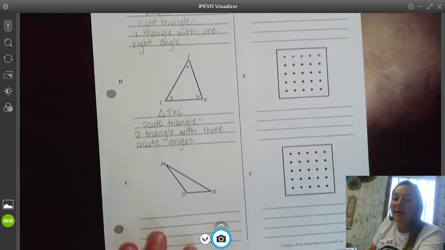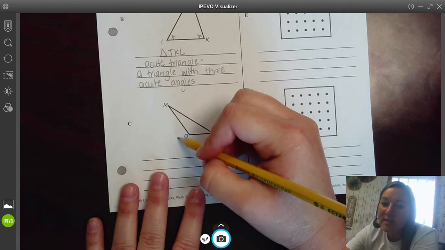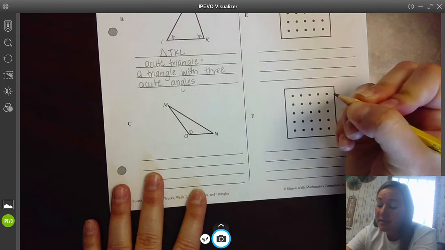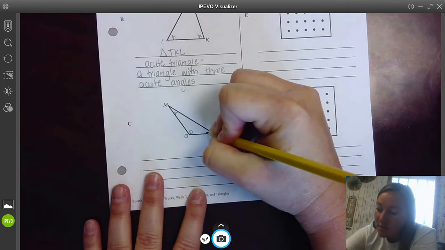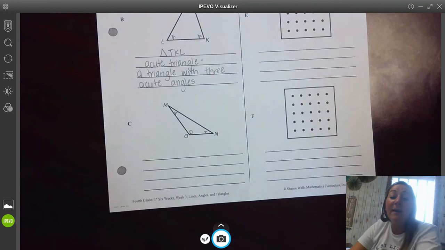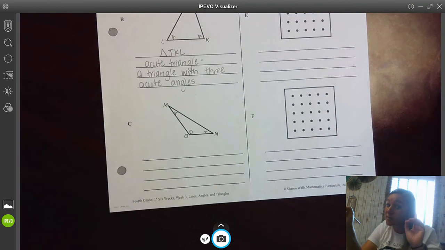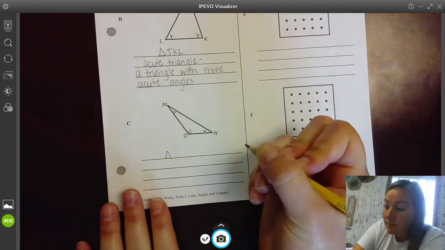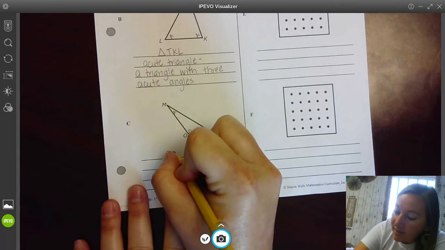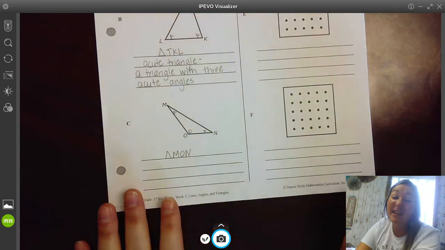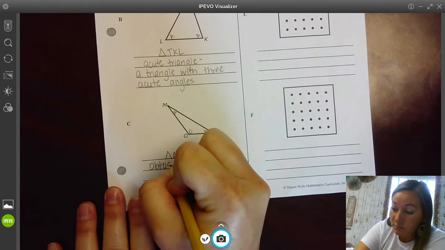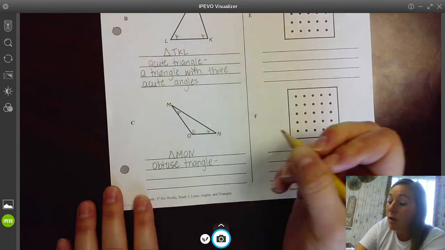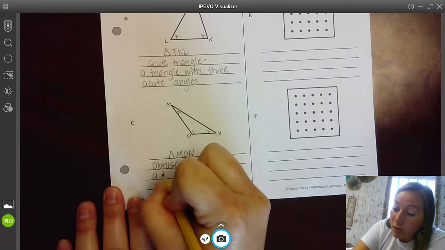Okay, take a look at this one. Take a look at O. Whoa, O is mostly open, definitely bigger than 90 degrees. So that's an obtuse. This one's an acute, mostly closed. This one's an acute. Now, we identify it by the oddball. Every triangle has two acute. So the oddball is the obtuse. So triangle MON. Guess what type that is? It's an obtuse triangle. And it's an obtuse triangle because it has